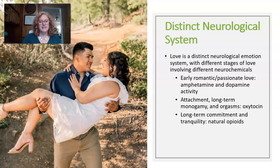It bonds us tightly to our partners, promoting monogamy. Then, finally, we slip into long-term commitment. Have you ever seen an elderly couple eating dinner at a restaurant, not talking, just eating? Did you feel sorry for them? I used to, until I learned that they are in a very deeply committed and tranquil phase of love, characterized